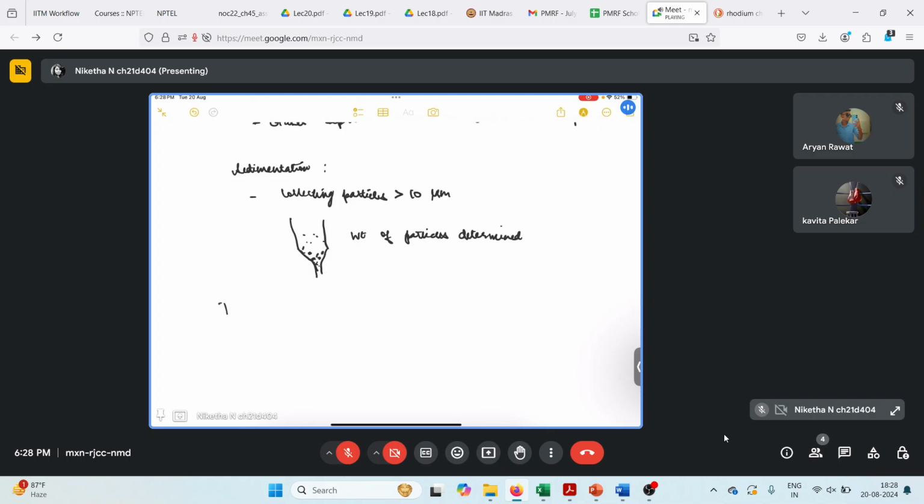So, in air pollution, one of the major types of air pollutants is particulate matter. So, for sampling particulate matter,